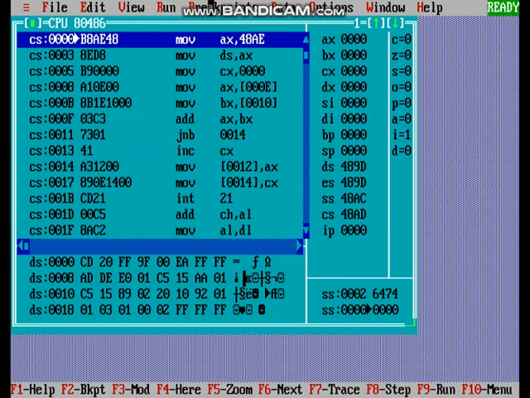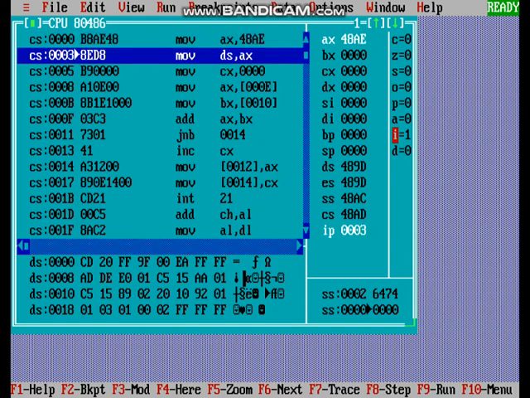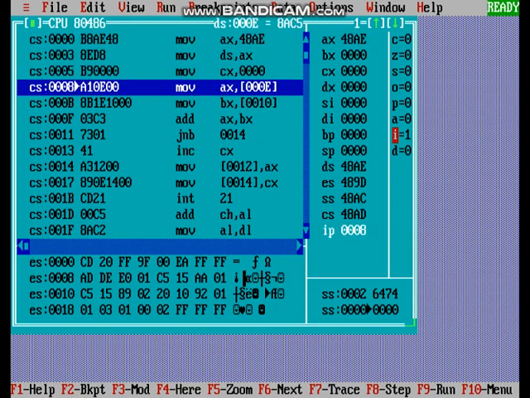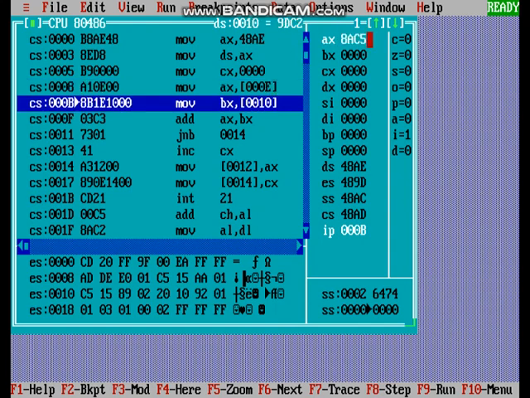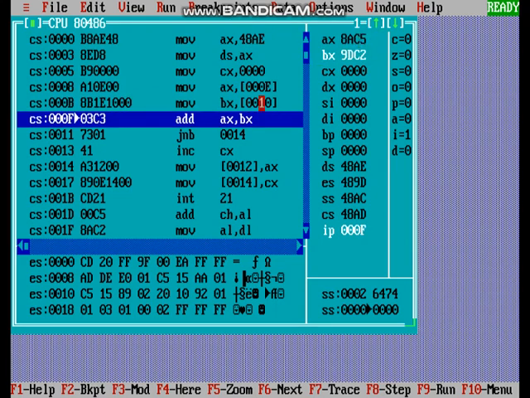This can be executed using the F7 command step by step. So CX is 0, and A contains the first number. You can observe that the variable A is at the memory location 00E. The contents of 00E are now transferred into the AX register. Similarly, B goes into the BX register. These are the two numbers you have to add.